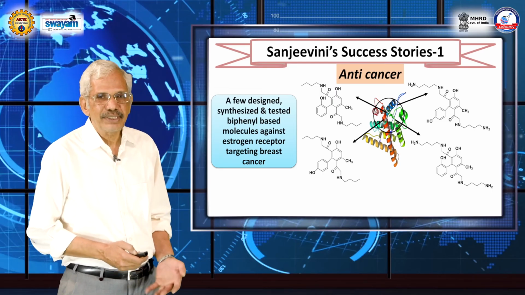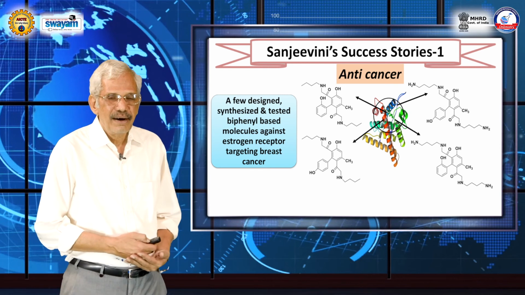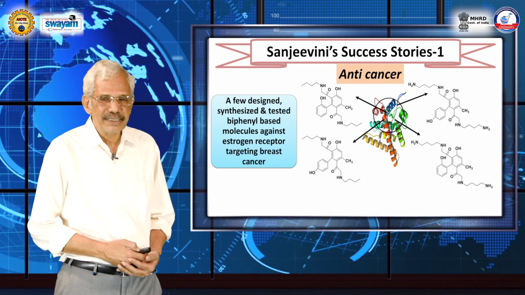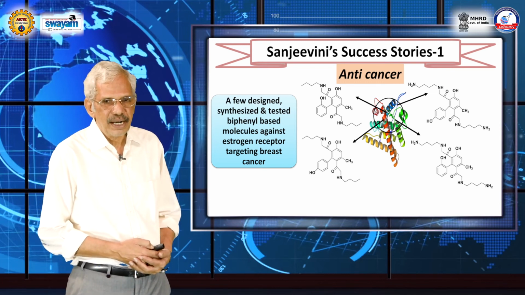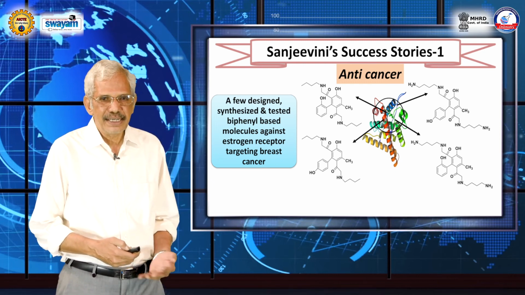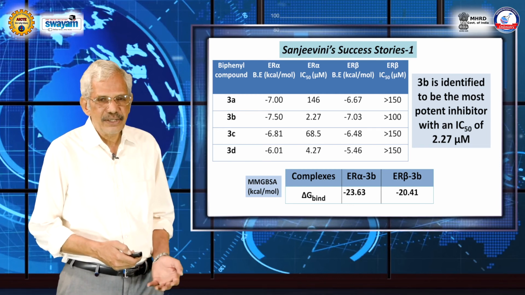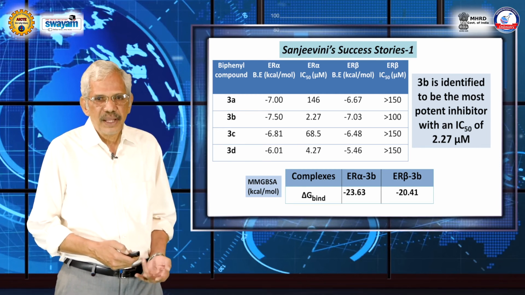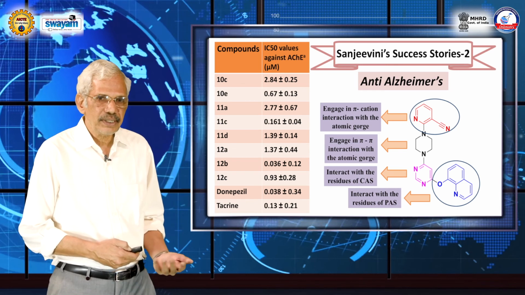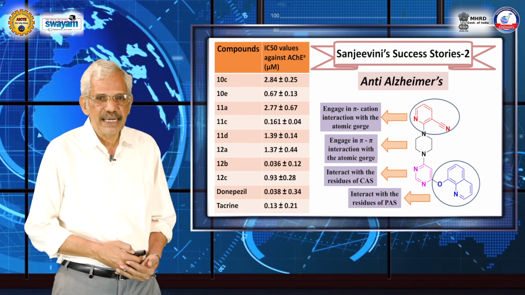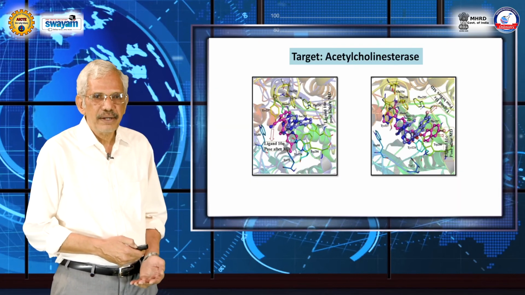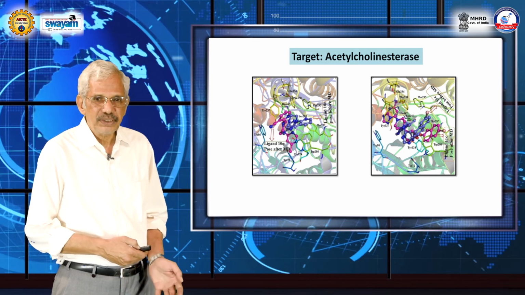So, now briefly some success stories of Sanjeevani, this so-called indigenous software. Here we have designed some molecules, biphenyl compounds, and estrogen receptor is a drug target. We did get some molecules on the computer and the experiments validate them, and they say clearly that you have come up with an estrogen alpha molecule with micromolar affinities or dissociation constants. And for Alzheimer's, acetylcholinesterase was the target, and here we have again some molecules which are binding very efficiently, and experiments are validating that these are all low micromolar compounds, which is very good news for